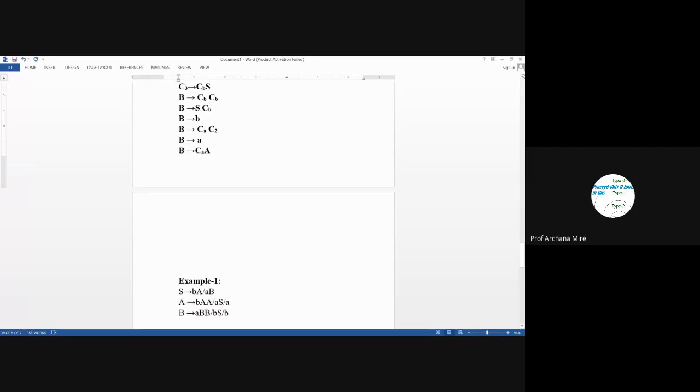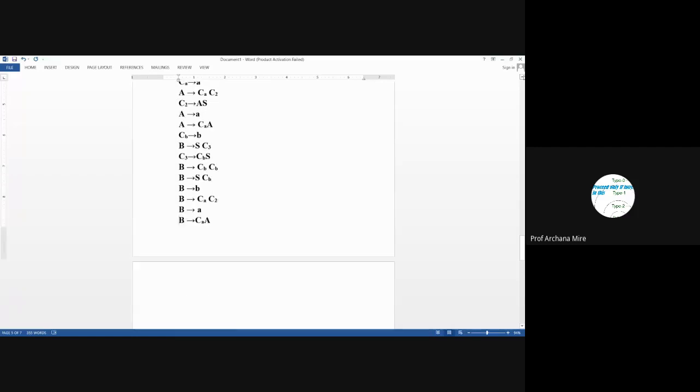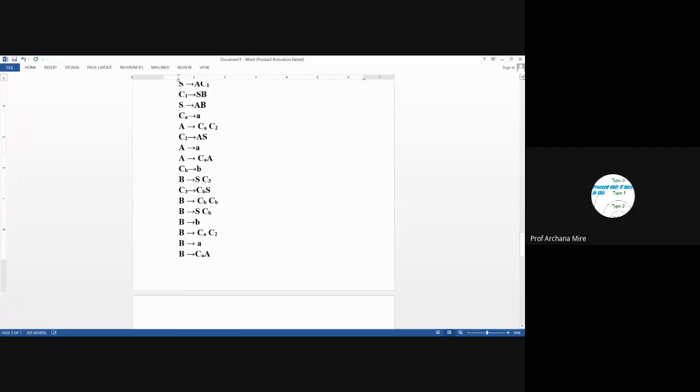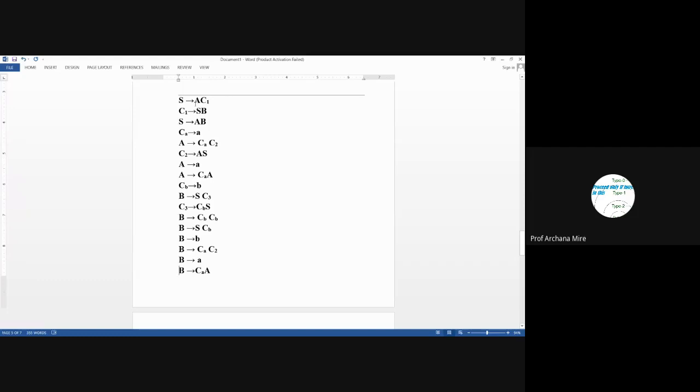So our final grammar which is in the CNF form will consist of these many production rules. Our original grammar was looking very simple with very few productions, but as we are converting it to CNF, our number of productions will increase, and the increase in the number of productions will make it easier to parse this grammar.